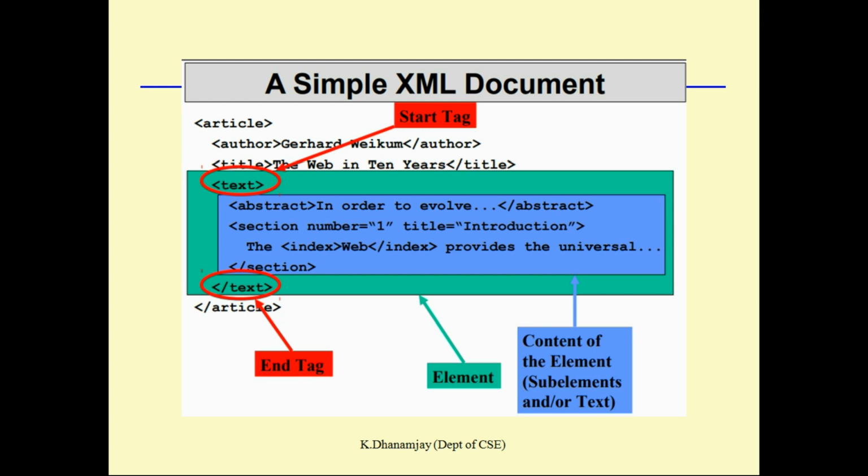So let's see here what is the starting tag. What is the root element? First of all, what is the root element? Here we have article. Article is the root element. Here there is no such thing as a head section or body section, no HTML like that. Only the pure XML tags, that is your own defined tags, user defined tags, should be there. HTML is separate, HTML is different, XML is different.